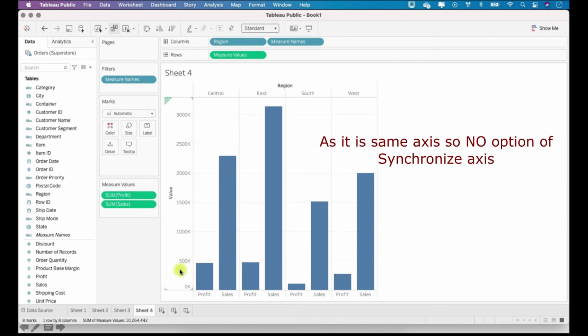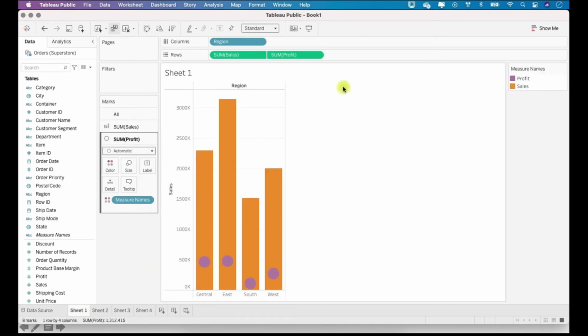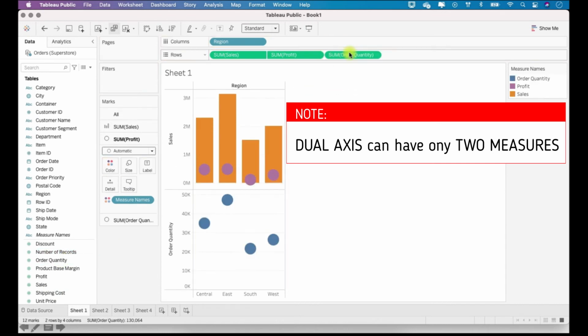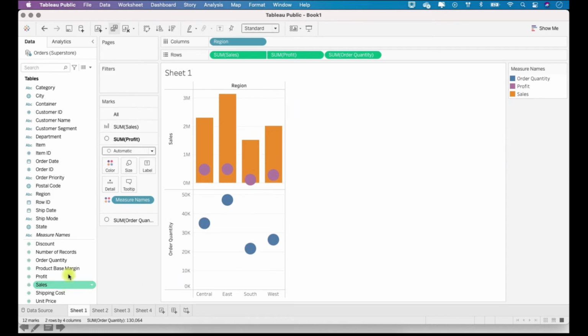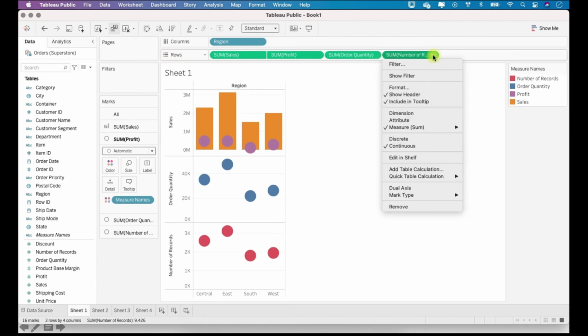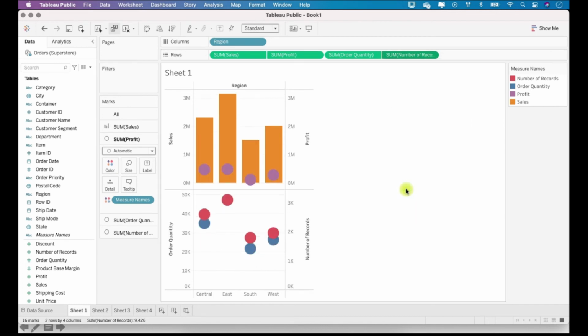And one more thing, in a dual axis chart you cannot have more than two measures. So if I put a third measure over here, say order quantity, it will be generated as a separate chart. Although what you can do is, say now 4 pills, these two pills can be combined into a dual axis, okay.